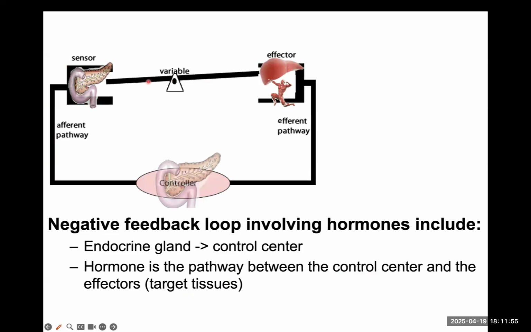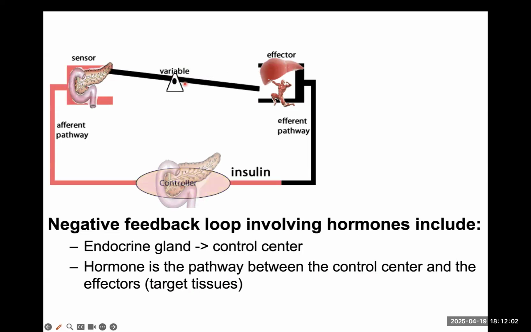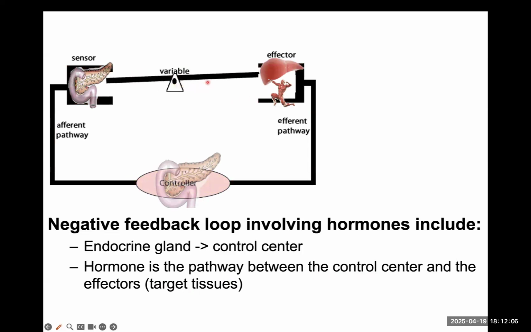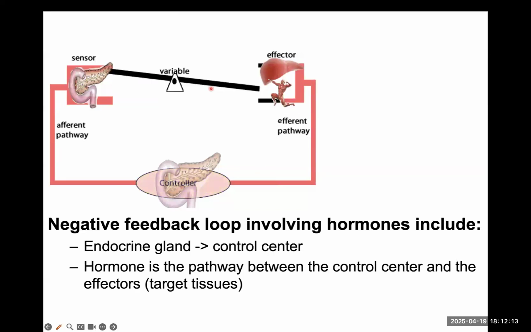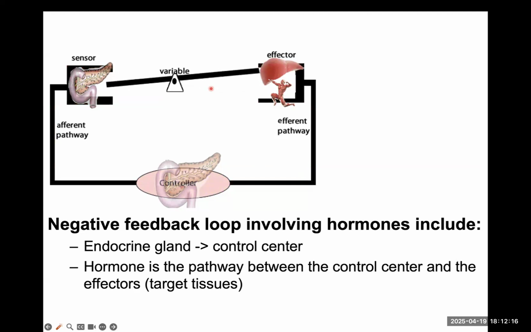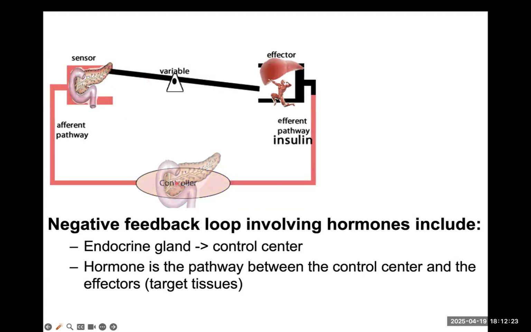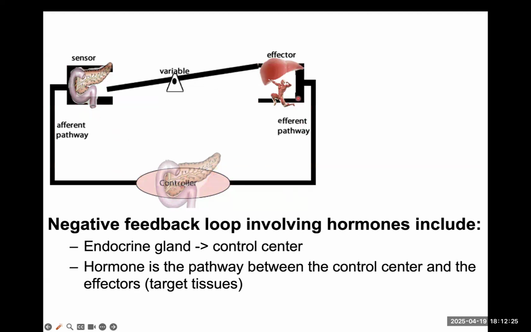So think of this as like a seesaw. Basically your homeostasis is when this seesaw is flat, or a straight line. The seesaw will go up and down just based on, let's say, how full you are. We're talking about insulin here. So this is the controller, and insulin is being released, going to the liver, and the seesaw is changing.